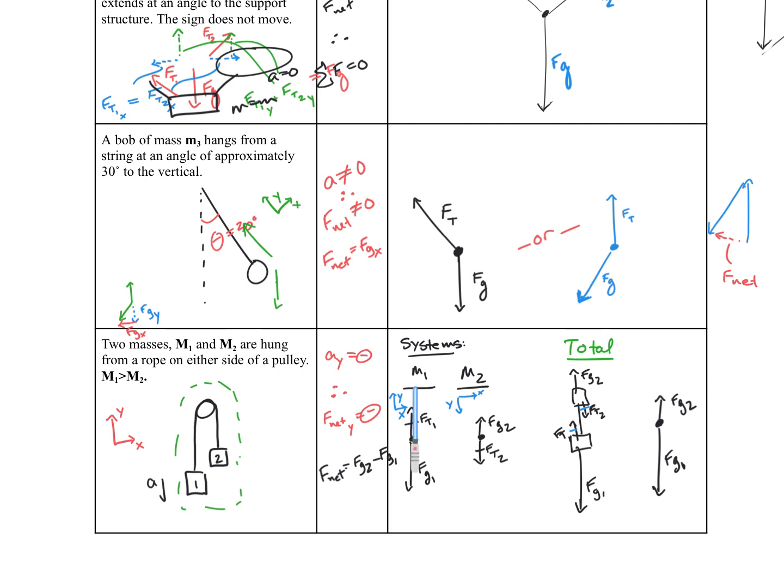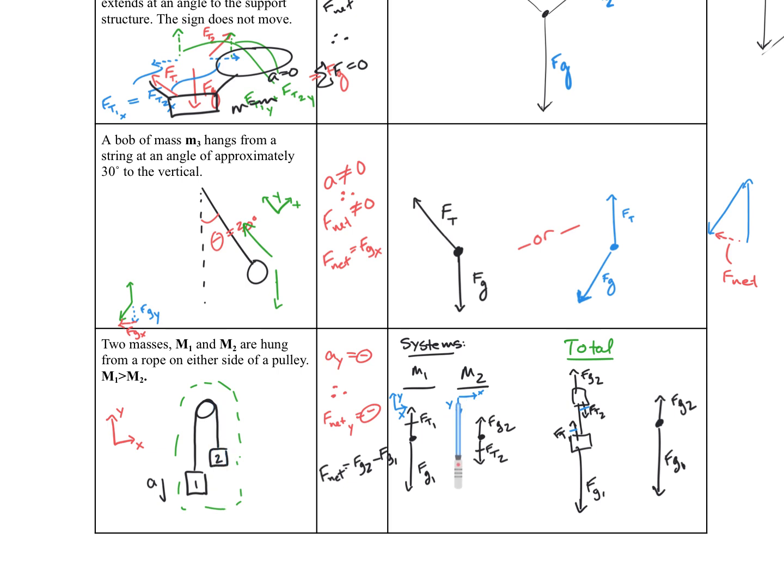So if you were to consider each system independently, your object 1 has to have a longer gravity force than the tension force. And object 2 has to have a longer tension force than the gravity force. Now I drew this gravity up because on my system, if you define y as up and x is to the right, as this one moves down, it's negative. But as this one moves up,